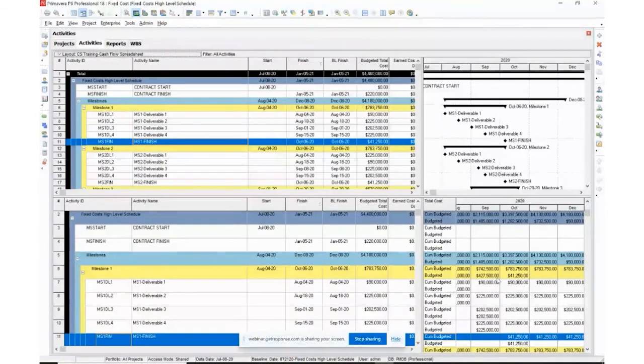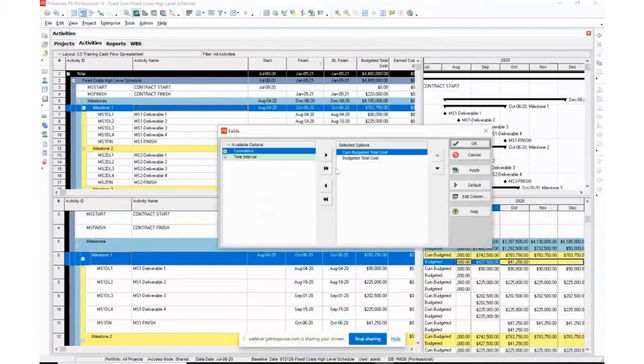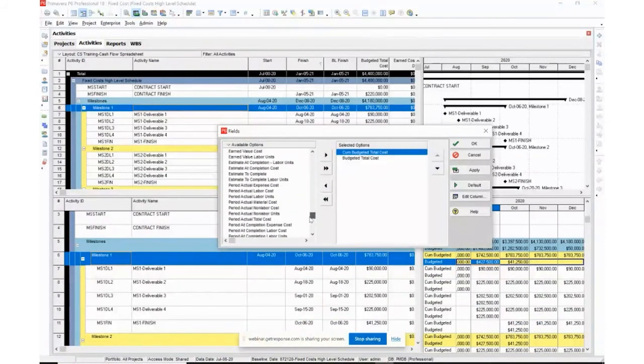So activity usage spreadsheet. Then I want to come down here and over in this area, this lower right, click, it says spreadsheet fields. And it's just like with any of our other fields where we have all these options, group and sort by. I'm just going to go through list. See, you have all these options that you can list over to the right. And right now, the only thing I have shown is cumulative budgeted total cost and budgeted total cost,